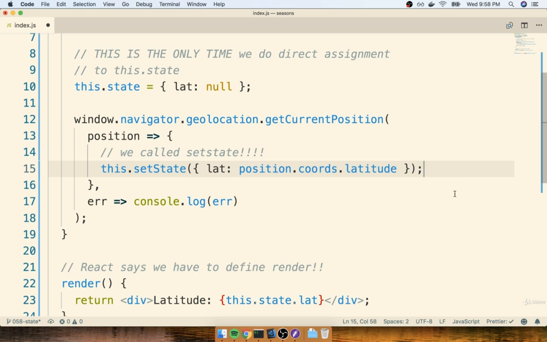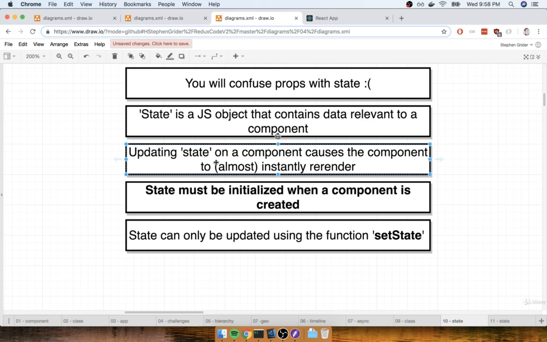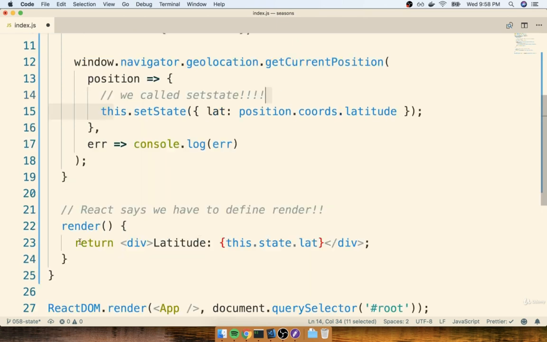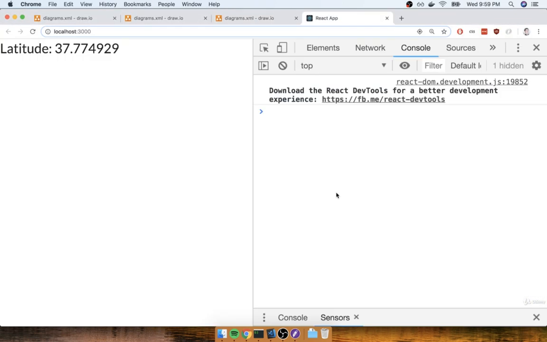Okay, so believe it or not, the code that we have right here should be working. It should render our component on the screen, and then after we get our current location, we're going to call this.setState. Remember, anytime that we update our state, it's going to cause our component to instantly re-render. And so once we get our render method called a second time, we should see some latitude appear with our newly fetched state property. All right, so I'm going to save this, and then I'll flip back over to the browser, and we'll see how we're doing. So back over here, I can see that I did in fact get the correct latitude to appear inside of my component. All right, so that's it.